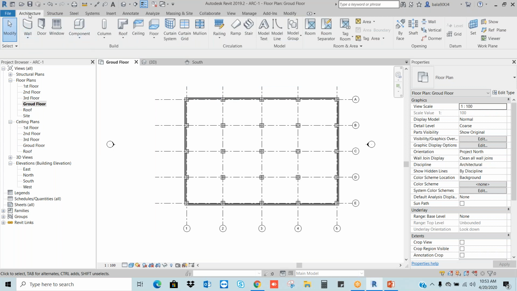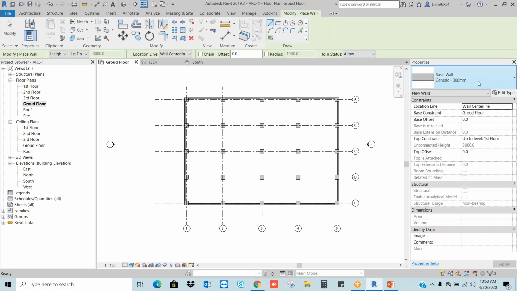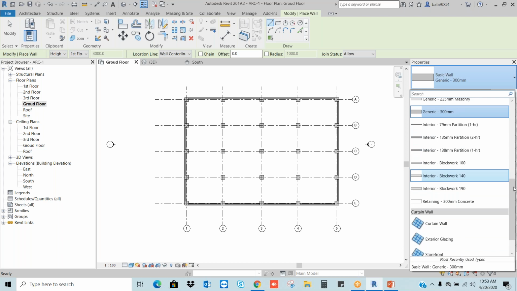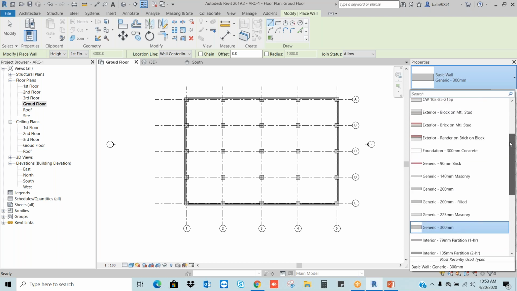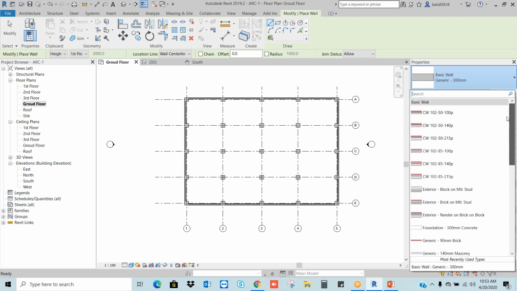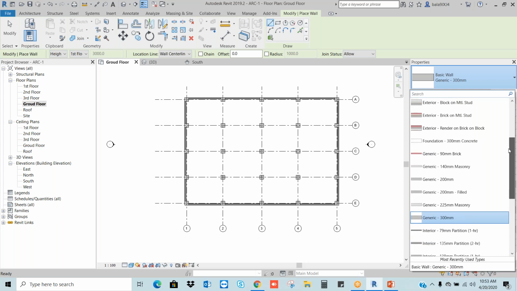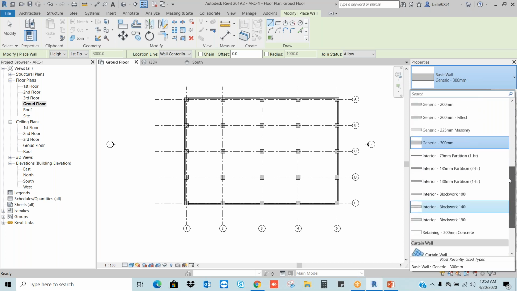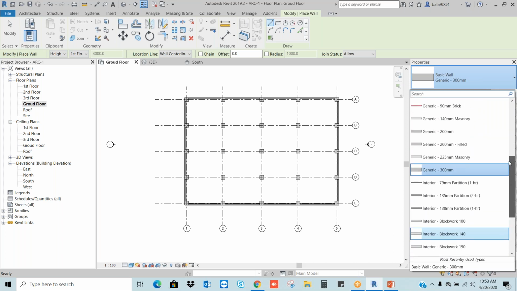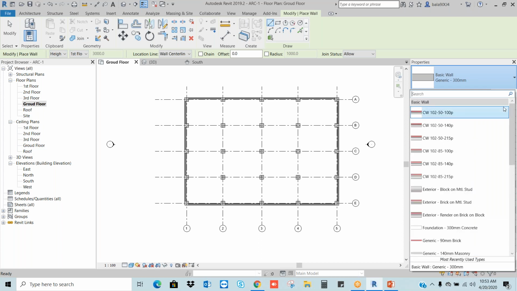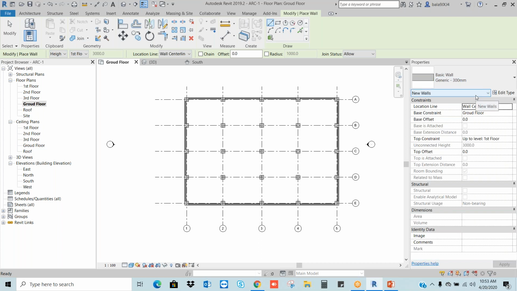So I'm going to select architecture and wall. Here I cannot see a 150 mm wall. Can you see anyone? No. So I need to create the 150 mm wall. How can I create it? It means it's again a different type.